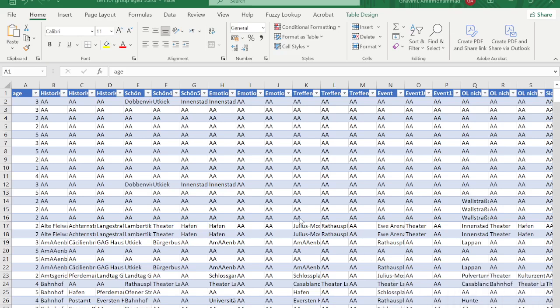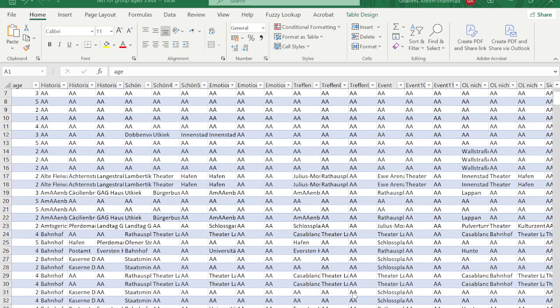Okay, imagine that we have output from an online questionnaire as a CSV or Excel sheet. Here I changed all null data, null cells to AA for some reason. And the task is calculating the frequency of each name, as you can see in the table,